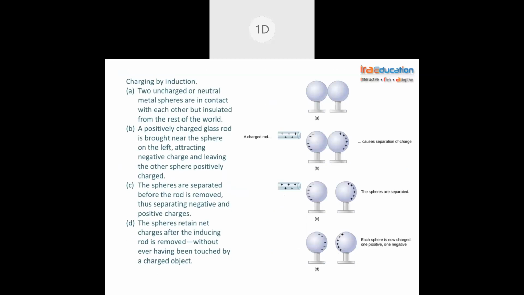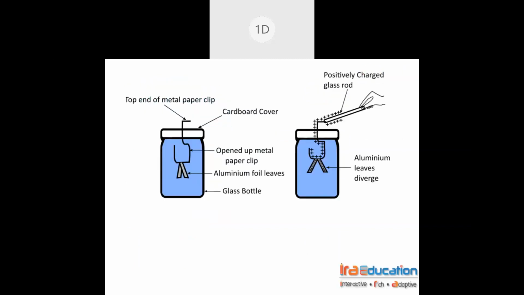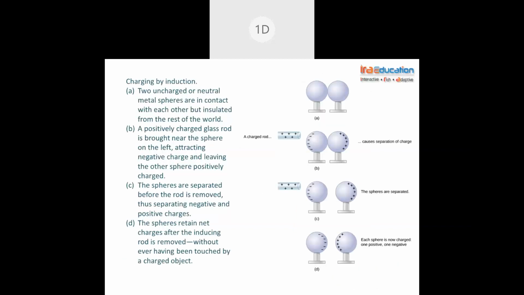This one also we had discussed. Two neutral spheres are kept in contact. I'm just going to read you through those diagrams. If you want, you can read on the other side also. So two neutral spheres, maybe say A and B, are kept in contact with each other. I brought a plastic rod. Plastic rod is positively charged. Ebonite rod is negatively charged. Remember at least this, so you will not get confused.